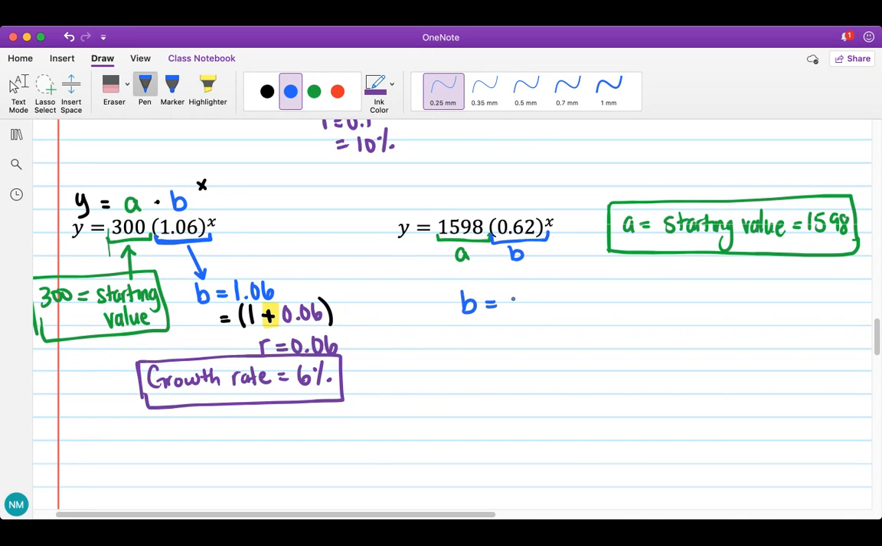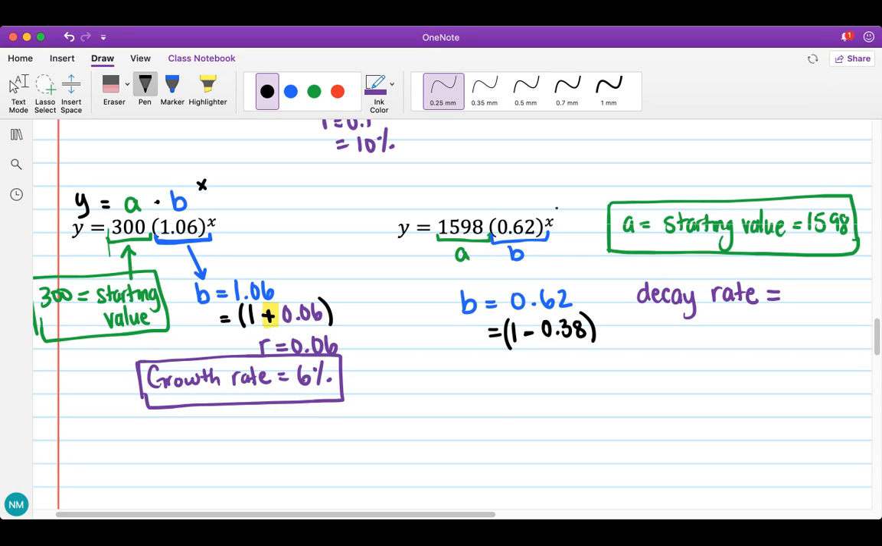So B equals 0.62. So is that going to be growth or decay? So I know it's going to be decay, right? So my decay rate is going to be whatever R is, right? In a percentage. So we have to figure out what R is. So this means that this is going to be 1 minus something. So 1 minus what is 0.62? So the question is, $1 minus what is 62 cents? Well, I know $1 minus 30 cents is 70 cents. So it's going to be 8 more cents less. So it's going to be 1 minus